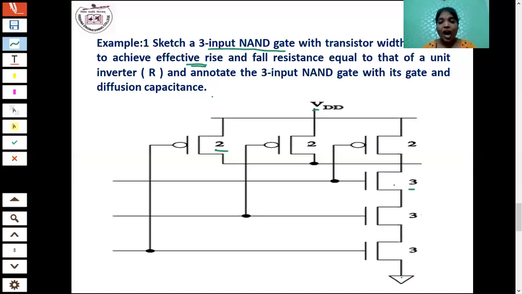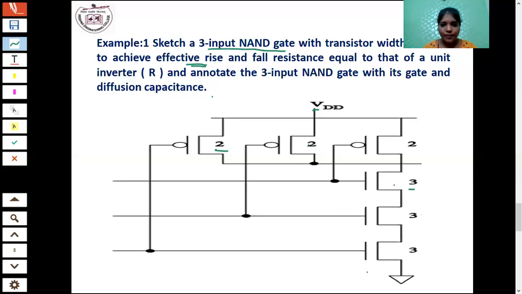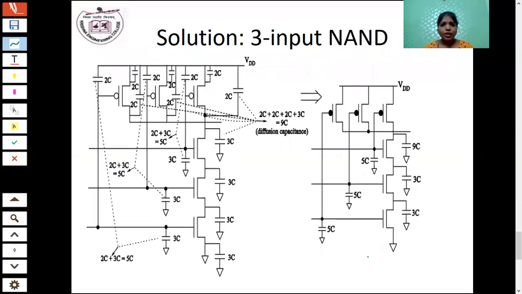You have to mention all the capacitance like gate capacitance, source capacitance as well as the drain capacitance for each and every gate. Okay. So 3 gates are there, and if it is 3 PMOS transistors, for each and every gate you are going to draw the capacitance value. Similarly for NMOS also you have to draw the capacitance. So directly they have given the value, that is 2. Here it is 3. Not an aspect ratio, it is the value of K. So here they gave the 2, so first you have to draw the capacitance value for each and every transistor.